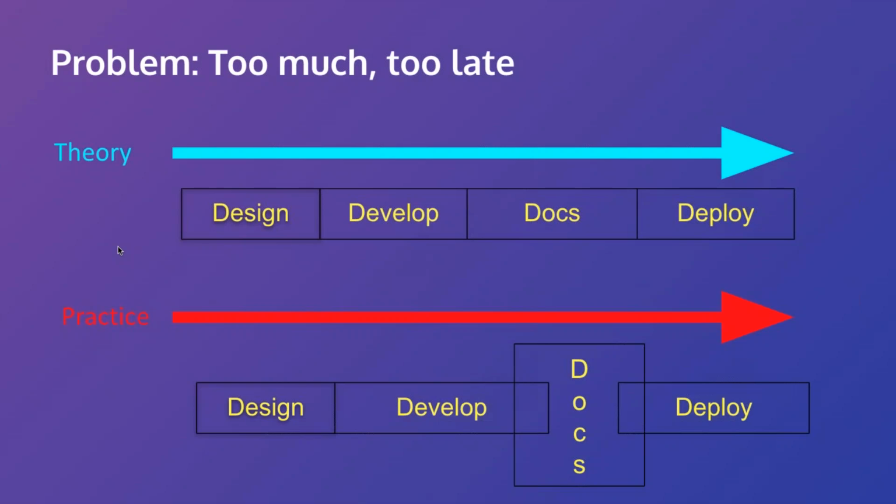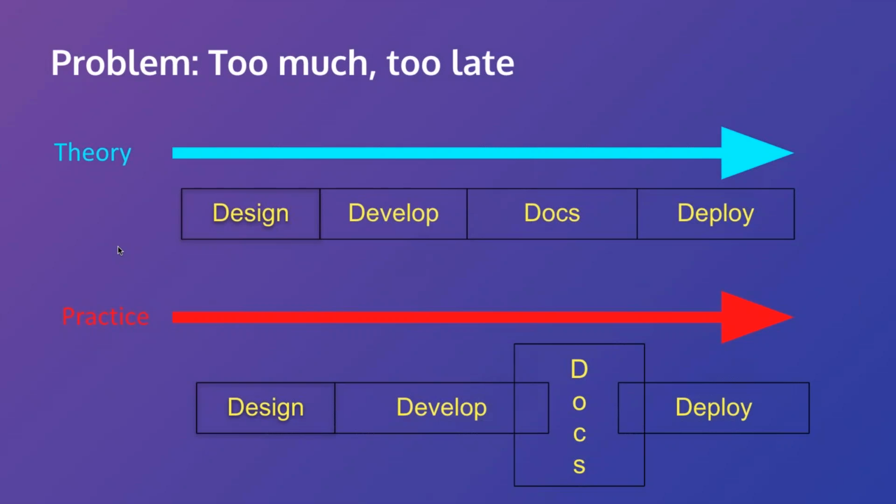We're having to do a lot of stuff very late in the day. It might even be we get squeezed from both ends because the deployment, say we need more time to test and deploy it, in which case we have to write documentation at the wrong end of the process, to the right-hand side of the process, and we have to write it quickly, and we maybe don't have access to the information we need at that point. So that has impacts on quality and impacts on release, and it feels like you're twiddling your thumbs at the start of the process because you've got to do a rush job at the end.